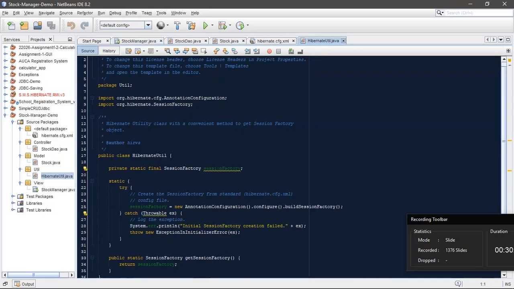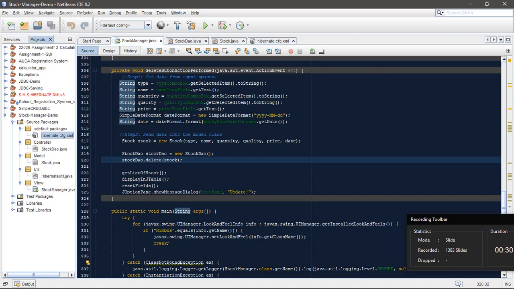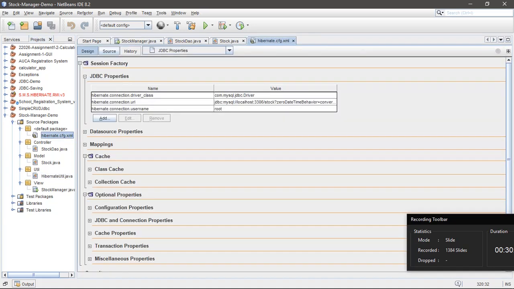It is there to create sessions for us, and it is used when it is needed in the DAO class by calling it to create sessions. So we closed it and we didn't use it in our own practical coding. We were calling it virtually, but we didn't meet it. And after creating the Hibernate utility class, we used this Hibernate configuration file to give it details about what we